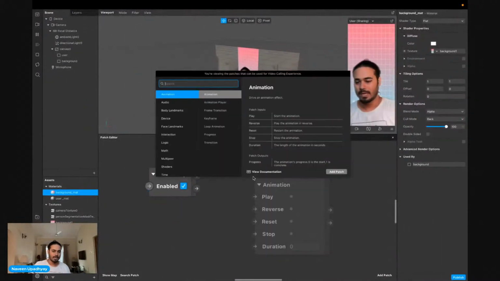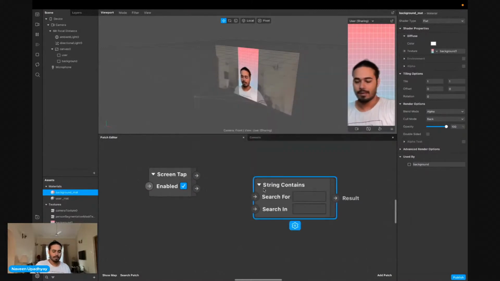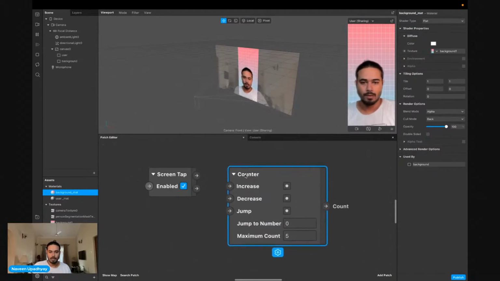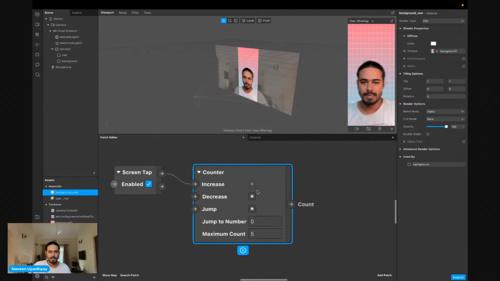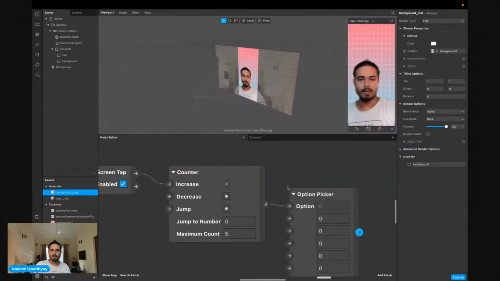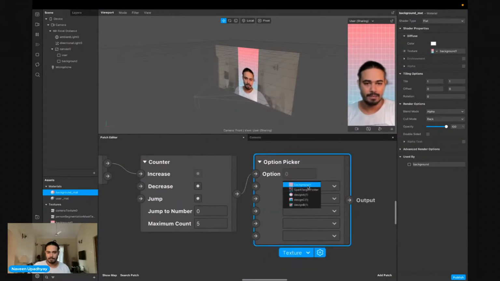To do that, we have to have a counter, and this counter will increase the number that we are selecting, and we have to give this number to an option picker, where we'll select some number of textures, and each of the textures can have some sort of background.